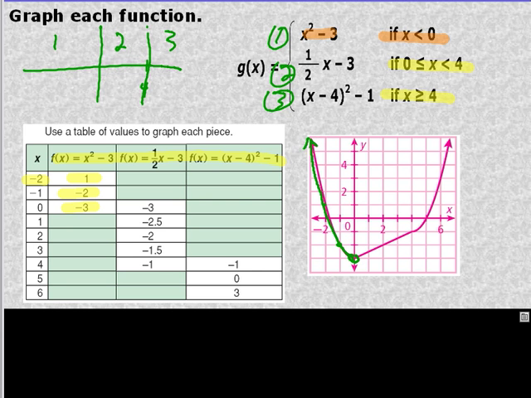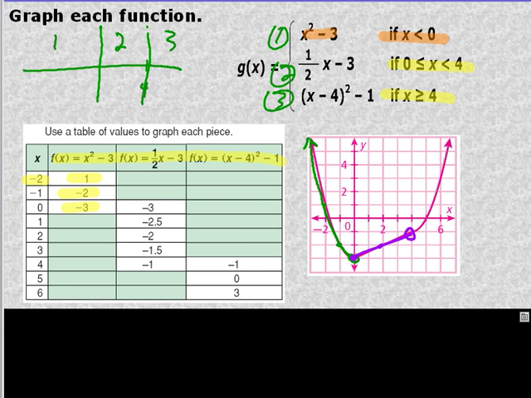Next one, it's a linear function. It has a y-intercept of -3. So again, they share this point, but this one actually is going to be the solid dot. And then you have a slope of 1/2. So if I go up 1 over 2, I'm going to draw my line until I hit 4. And notice this does not have an equal, so you could make an open circle here. And then our last part,